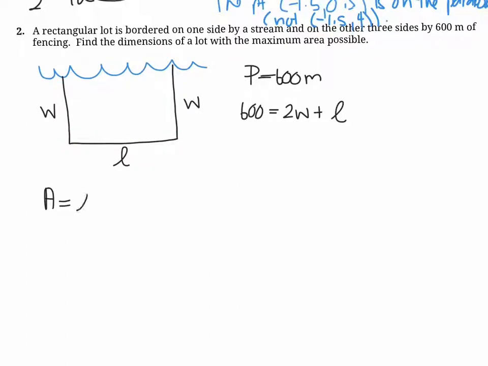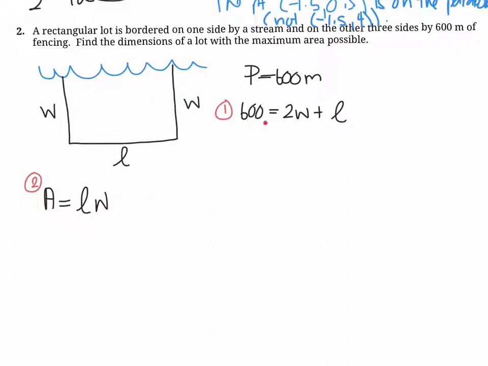So I'm going to write that down as my second equation. We have this first equation here, this perimeter equation. We've got the second equation here for area, and we know we're going to maximize this, which means we're looking for a vertex. So this has to be a parabola, and we're going to find the vertex of it. But we have to include this information into this equation that we're trying to find the vertex of. And so how do we get this equation into this equation here? We can isolate for a variable and then substitute it in.